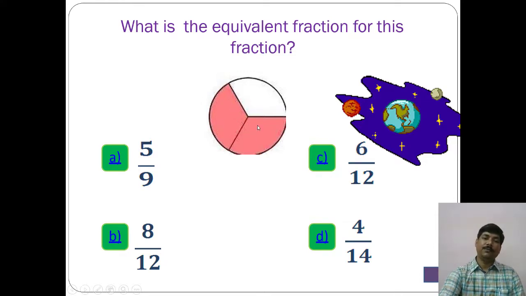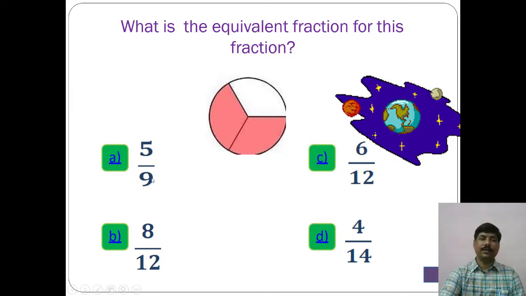Then you have to select an option equivalent to the given one out of these 4. So what will be this fraction? There are 3 parts, so the shaded part will be 2 upon 3. The 2 upon 3, it means